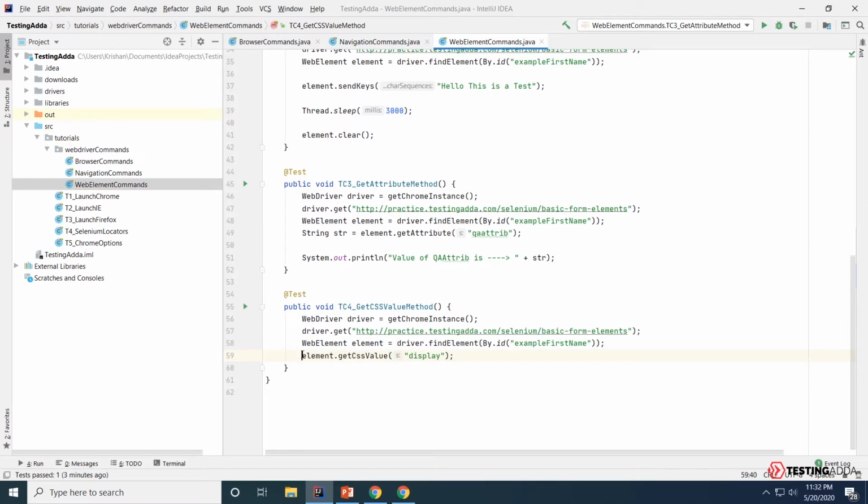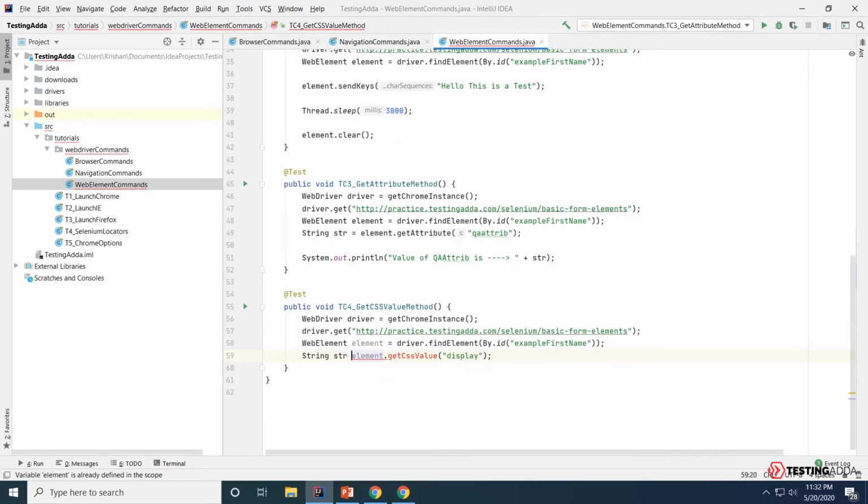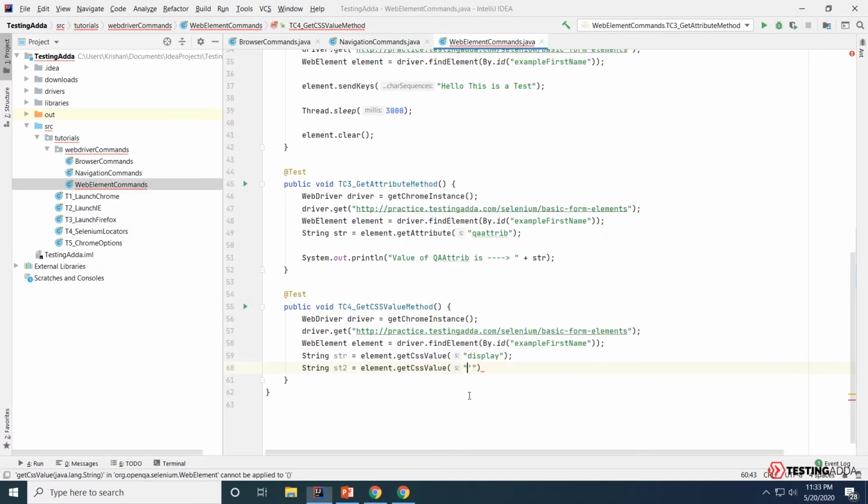So what I'm going to do is accept the string value in str equals to, let's try one more, str2 equals to element dot getCssValue. So I'm going to try fetching two of the values. Let's try fetching font weight, so it should be 400.